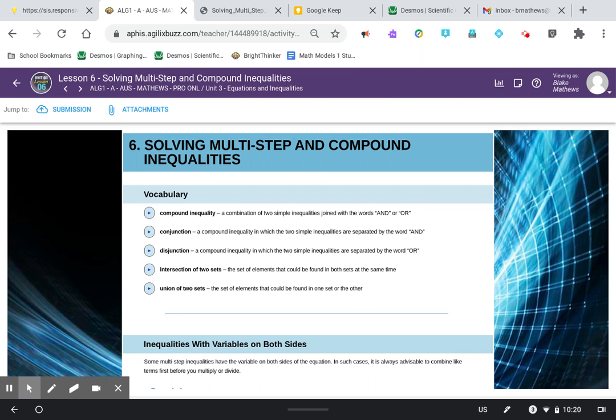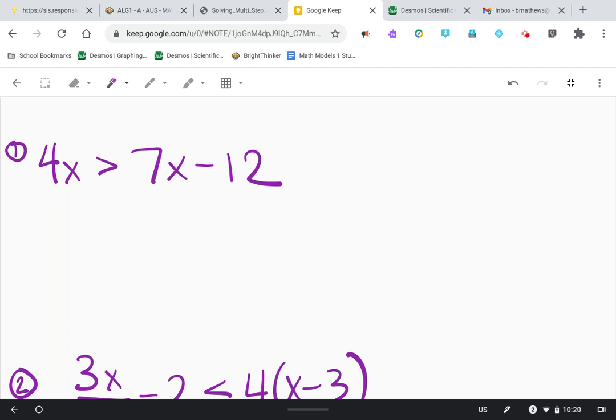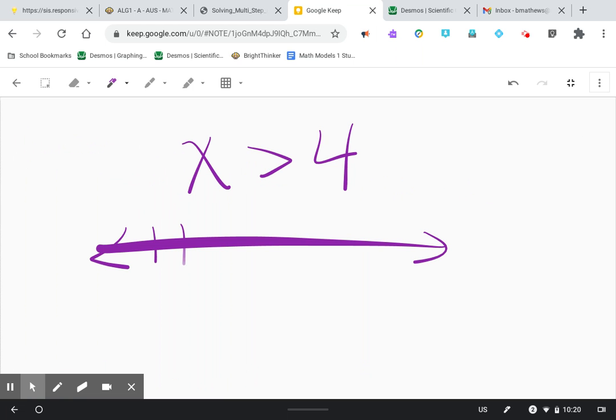All right, this is the Algebra 1, Unit 3, Lesson 6 video over what we call compound inequalities. So a compound inequality is when we have a relationship where instead of it being something like x is greater than a single individual number, like we've been working with so far, like x is greater than 4, if we look at that on the number line,